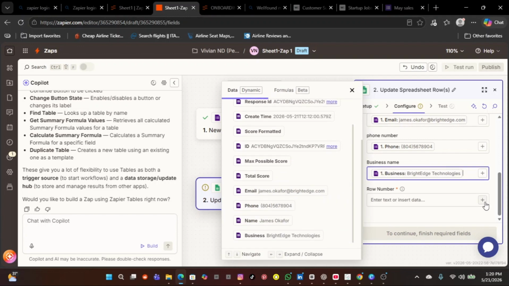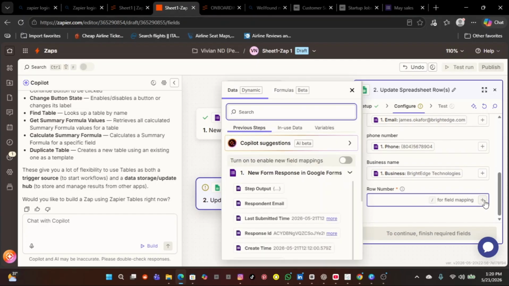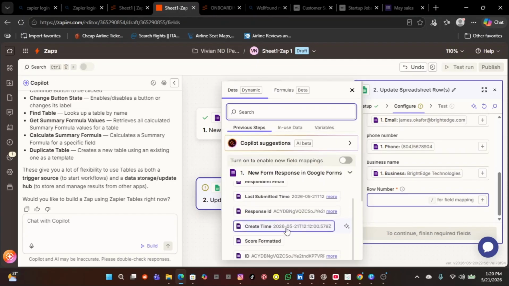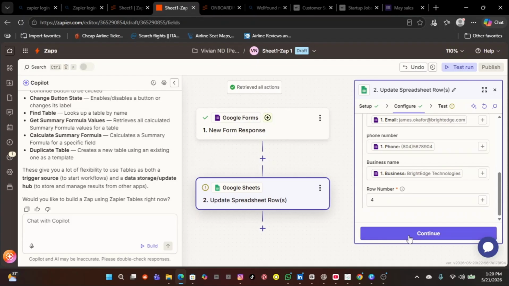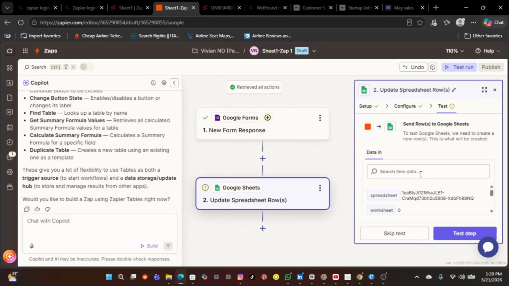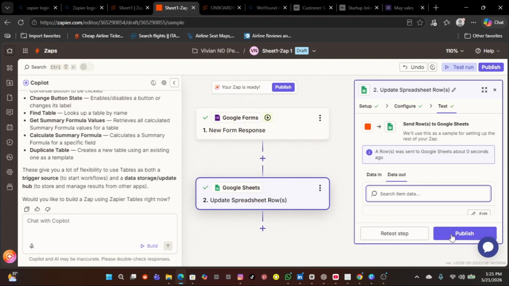Okay. Row number. We have the business name. We have the name, the phone number. That is 4. Row number. I think it's 4. Okay. So this is it. Ta-da! You have seen it. So we did it. So whenever I tick like this,